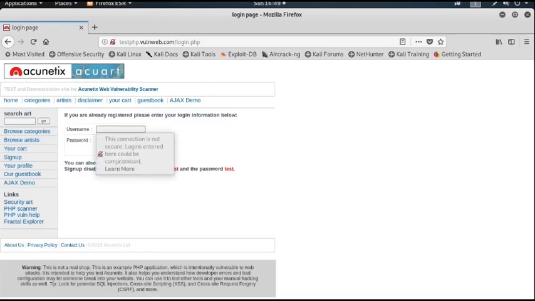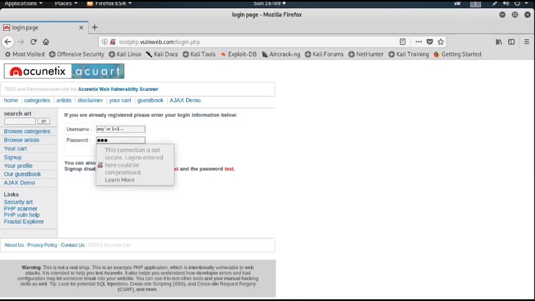So put the username any, then quote or 1 equals to 1, then double dash space. That will also terminate the query. Put the same thing in the password field also.